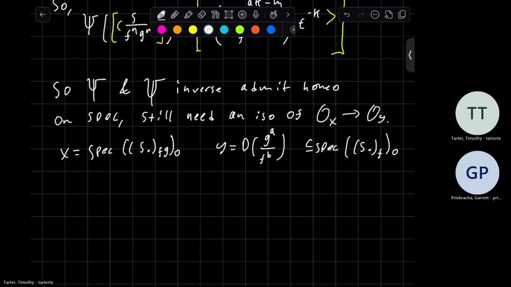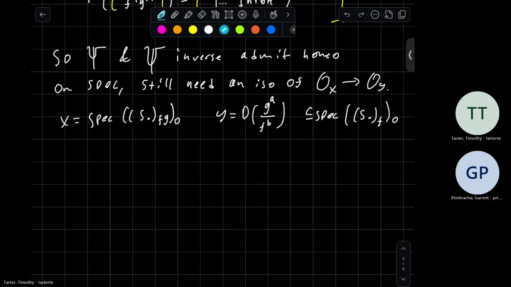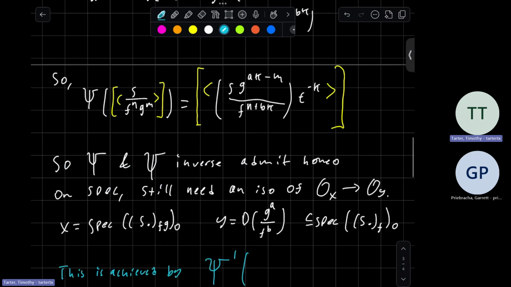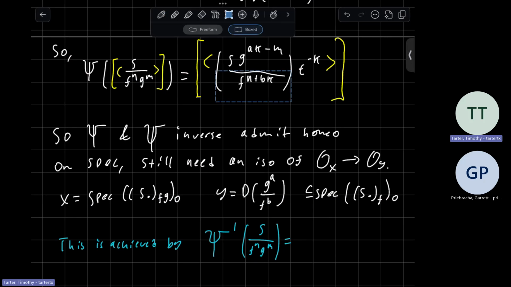I mean, wouldn't it be the underlying functions getting sent to the underlying functions? Because we're looking at basically the ring of regular functions. And yeah, I assume that maybe that is the original. This is achieved by phi prime sending S F to the N, G to the M to